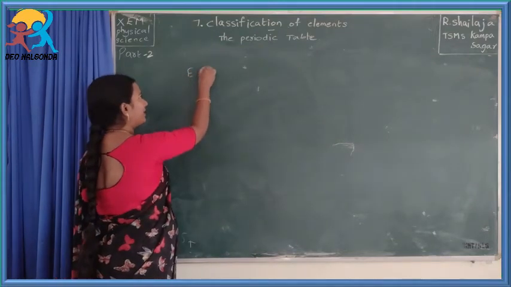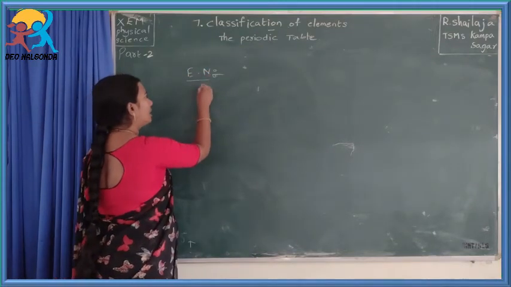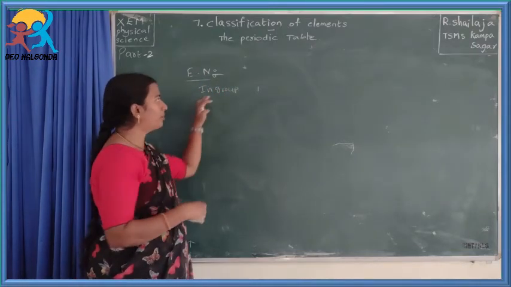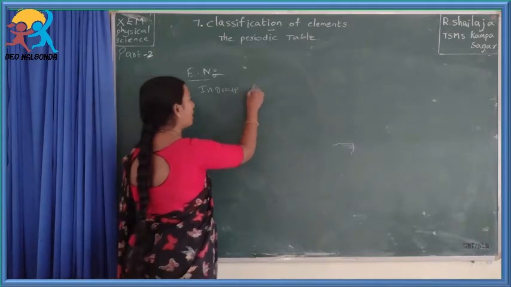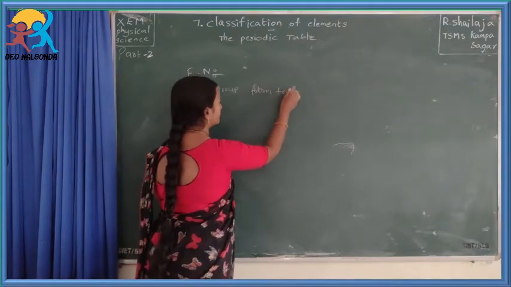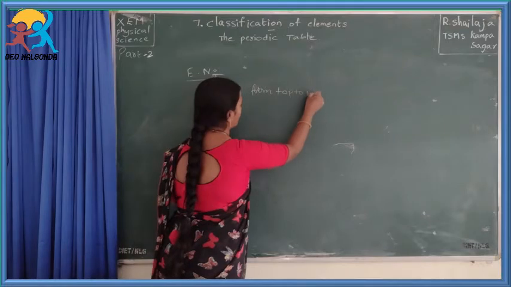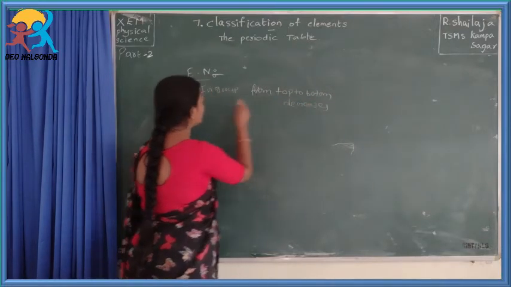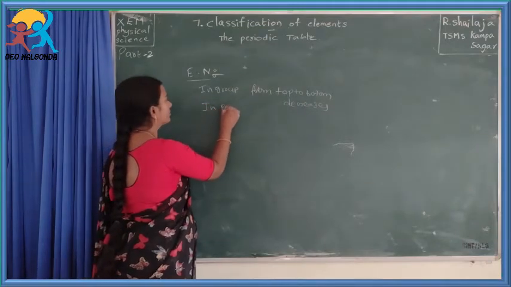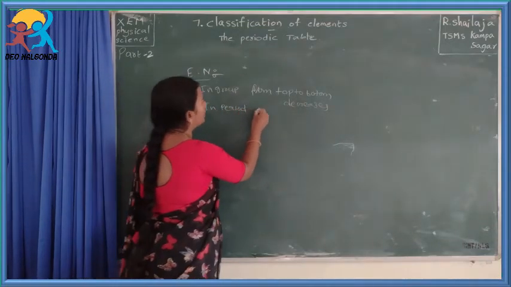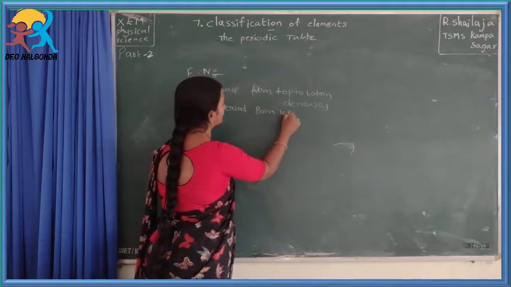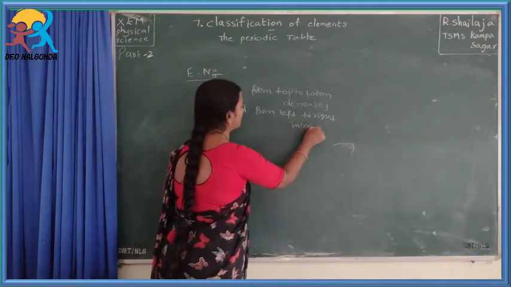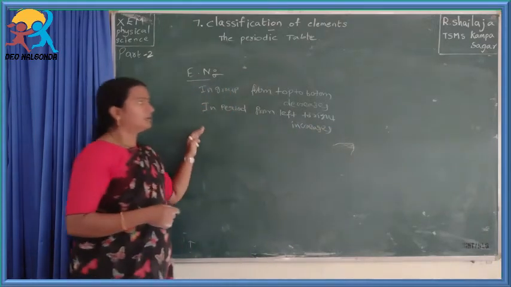Thus electronegativity in a group decreases from top to bottom. In a period, from left to right, it increases. Why? Because